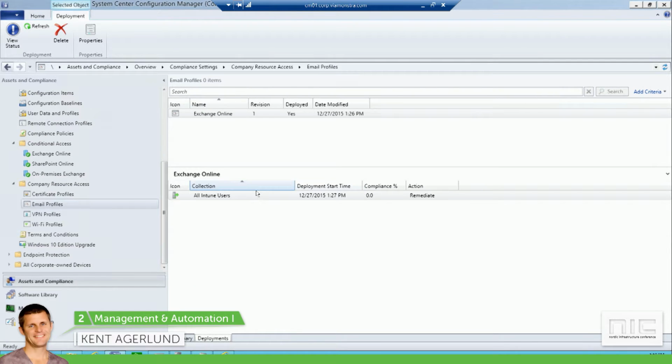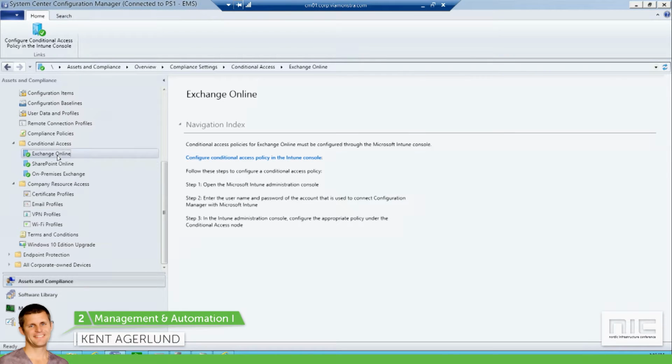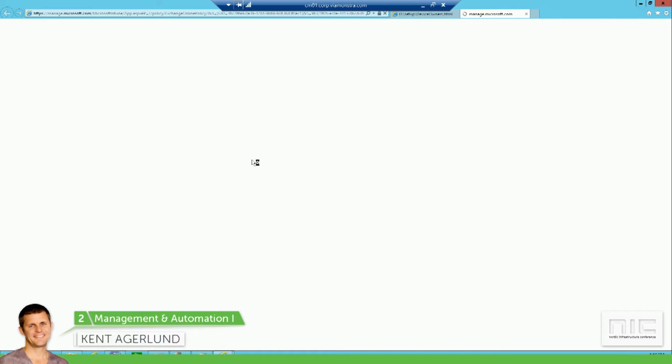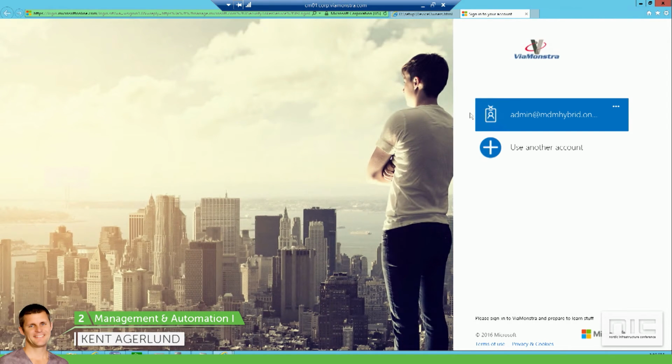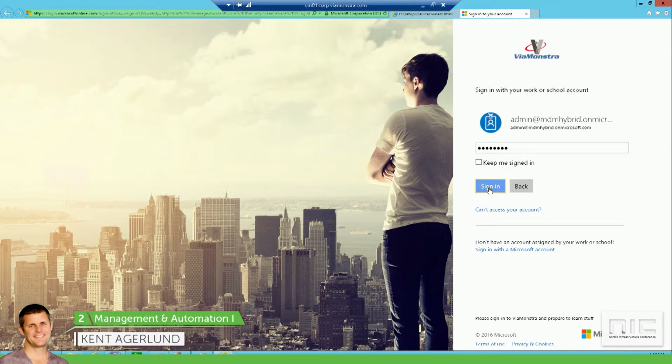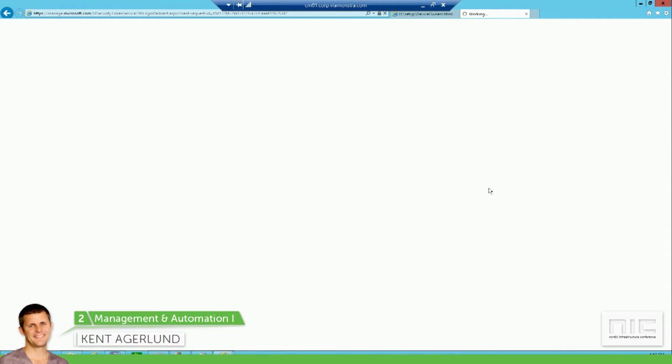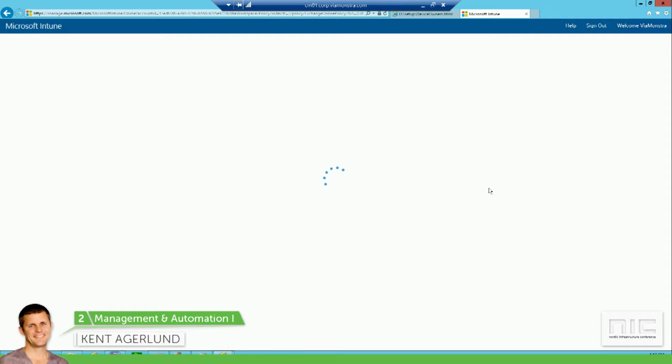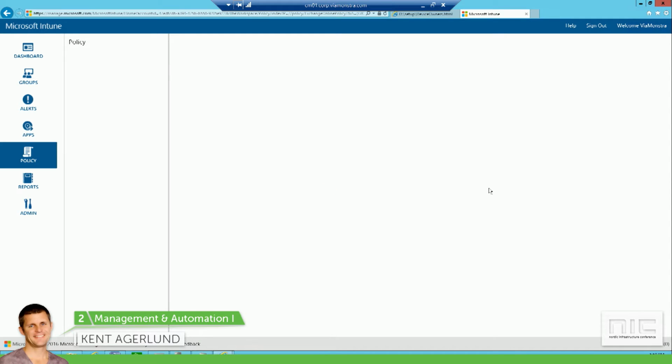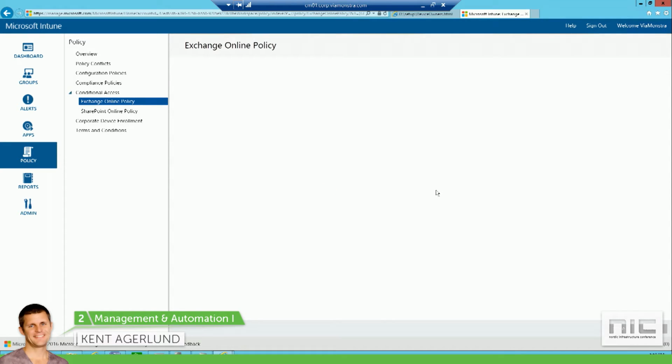So I'm creating my email profile. I'm going in on conditional access, and then I select Exchange Online. And when I select Exchange Online here, it's going to take me into Intune. So it will be in Intune that I'm configuring this. This is why I said in the beginning, when you select hybrid, most of your work will be done in here. But for this specific part, you will go into Intune. I've already configured mine. But in Intune, you'll configure it, and then there are a couple of things you have to